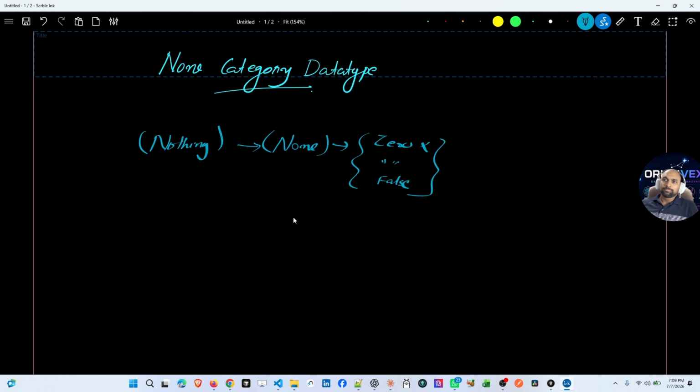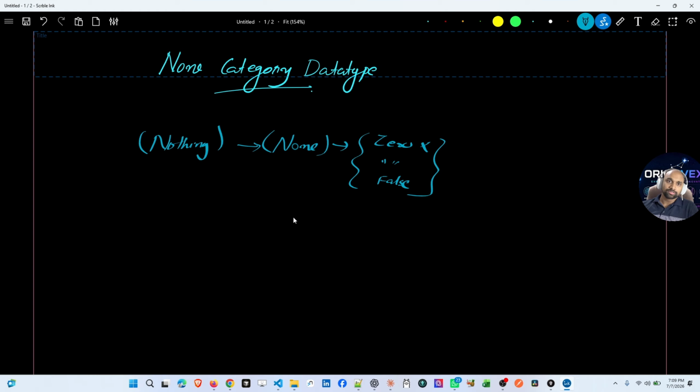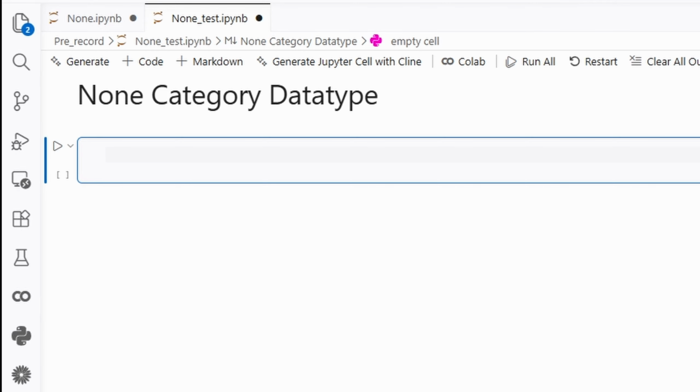There is nothing more to discuss in the theory. Let's go ahead and see it in practical so that it will be clear. Let's see a few examples. The first example I'm going to show is a function without any return value. So let's create a function called log